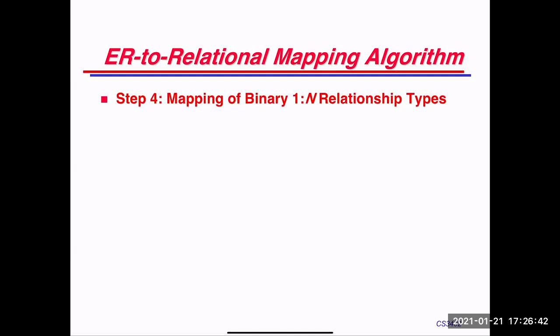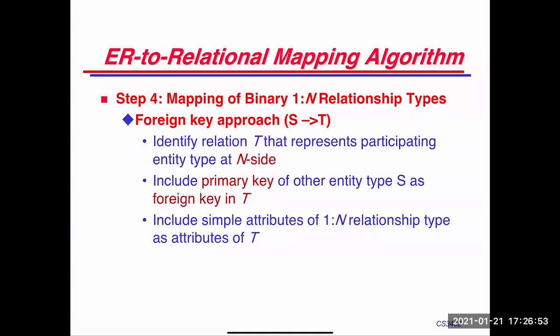Okay, so let's move on to step 4. Now we're going to map the binary 1 to n relationship types. How do we do that? Well, we're going to use the foreign key approach. Or rather, there are two approaches, but the first one is foreign key. We're going to identify the relation T that represents the participating entity type at the n side of the relation. Again, we have this picture here where we have S,